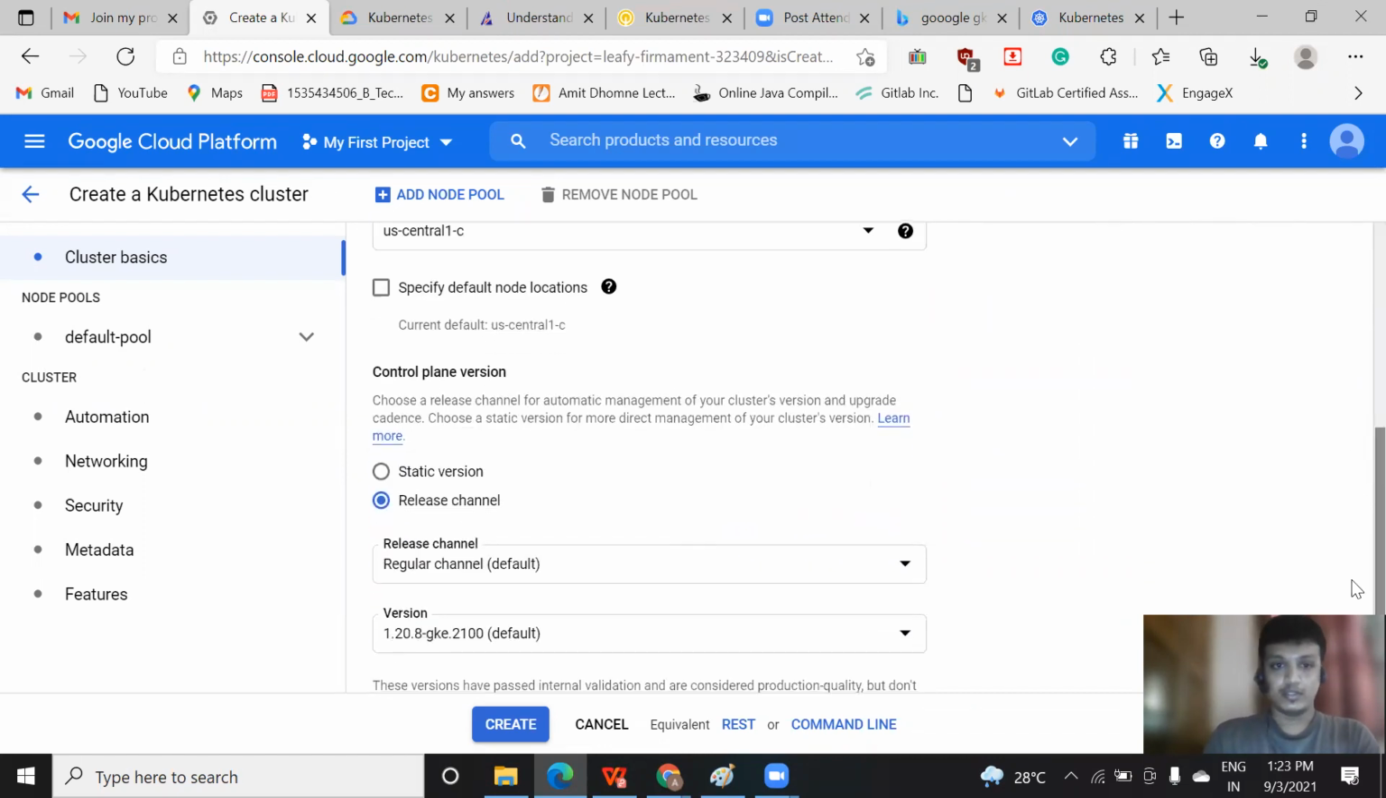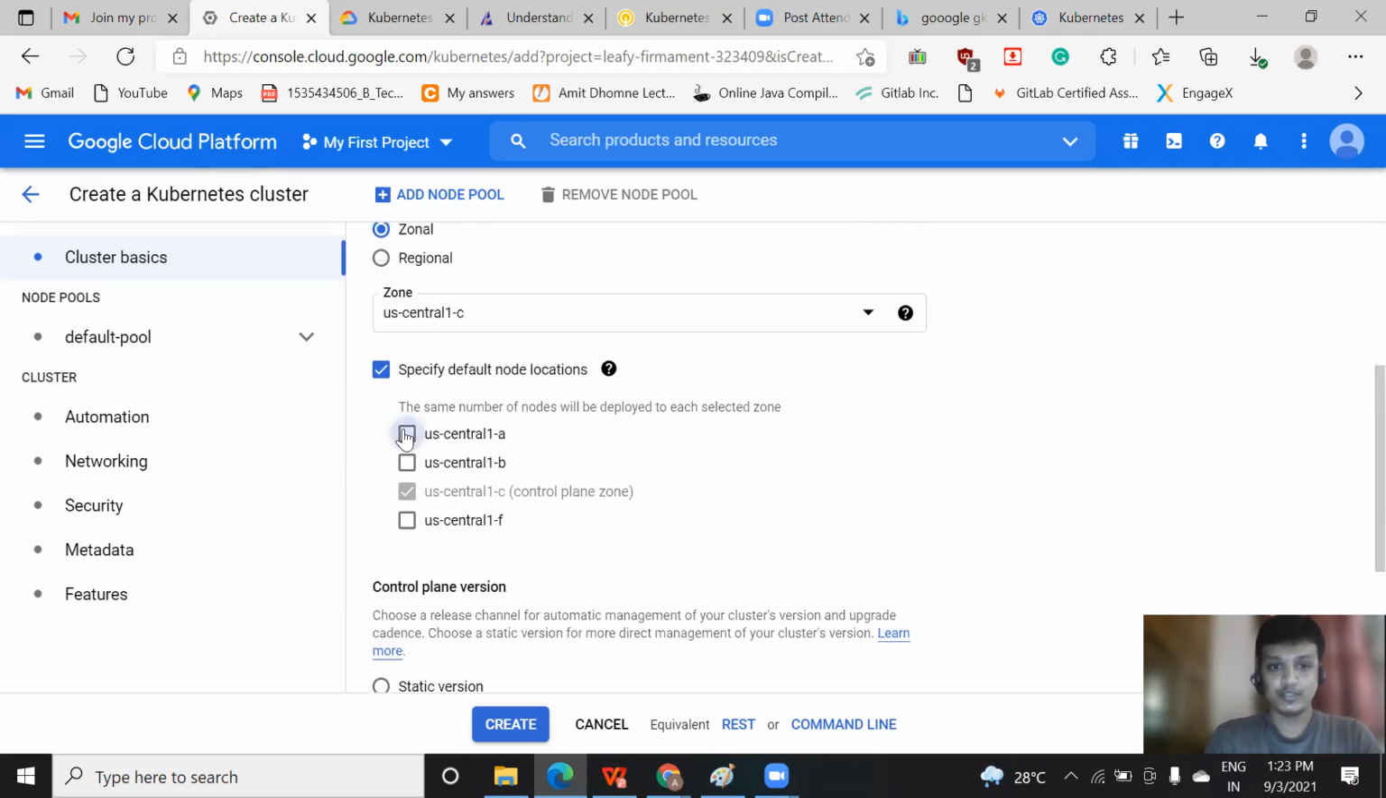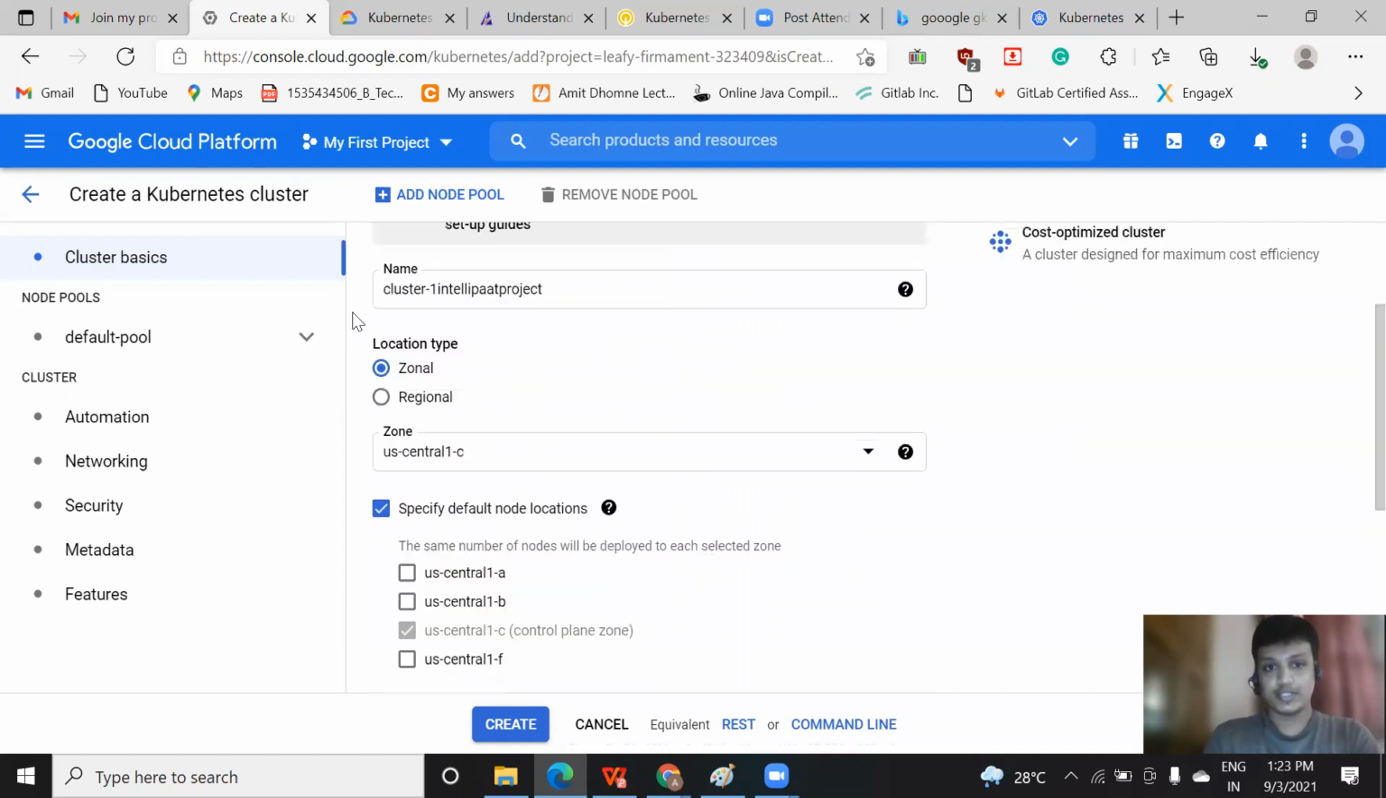And then you can check it here if you want to specify a default node location. So the default is US Central, so I've used that. If you want to change it, you can select this also, but I'm selecting the default one. And you can select the region also. As I said, if you want, you can select the region, and based on that you can decide. So once you are done with this,